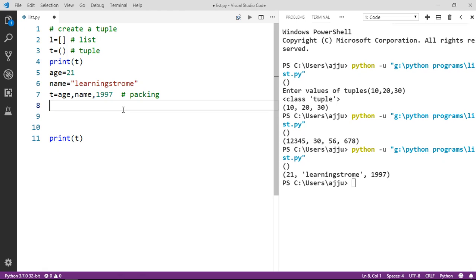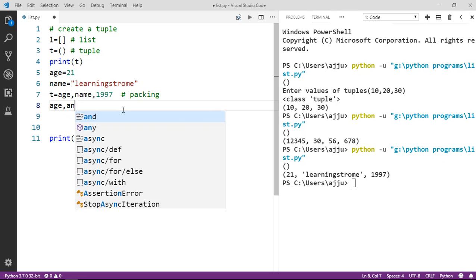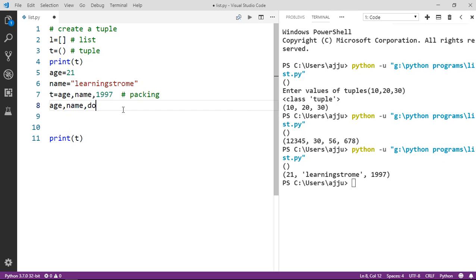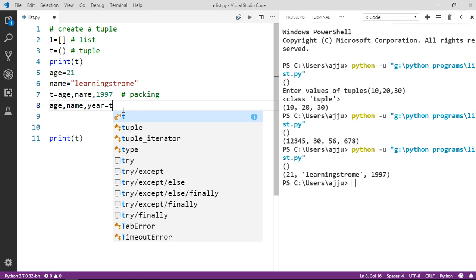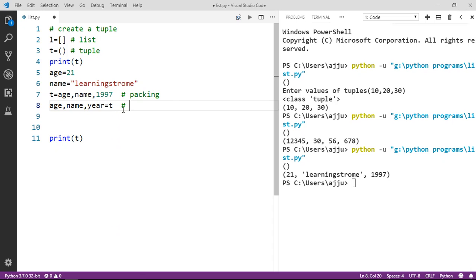Simply, like we have three values, so we need to provide three identifiers. The first is age, so take age here, then name here, and then year for the date of birth. And then the tuple whose values you want to extract. Guys, this concept is known as unpacking. We can unpack a tuple into different values. So now if I print it,